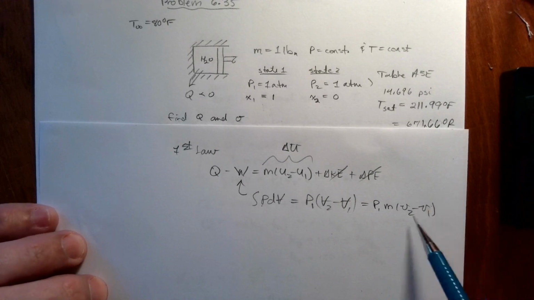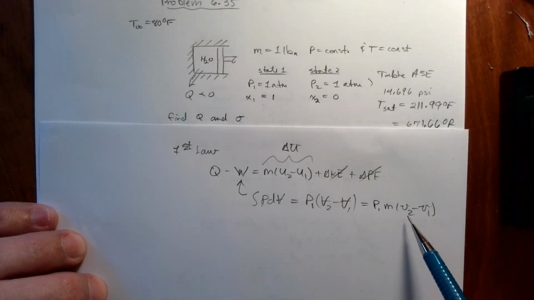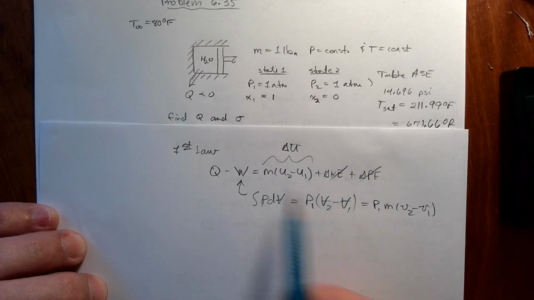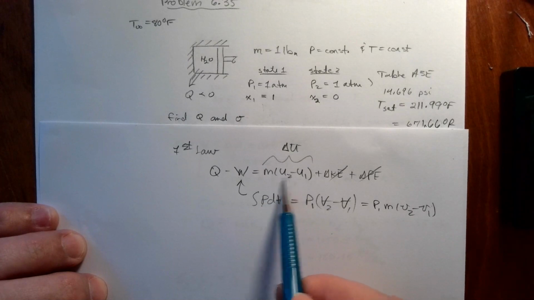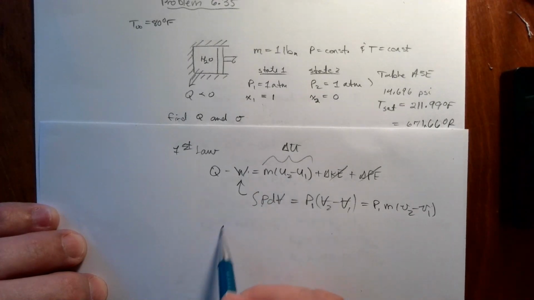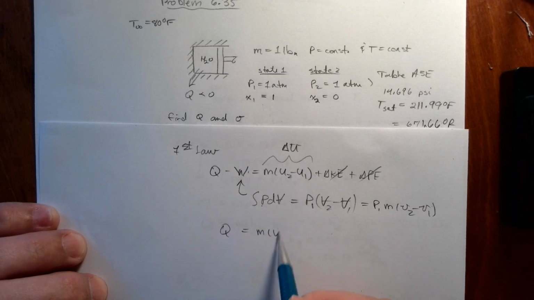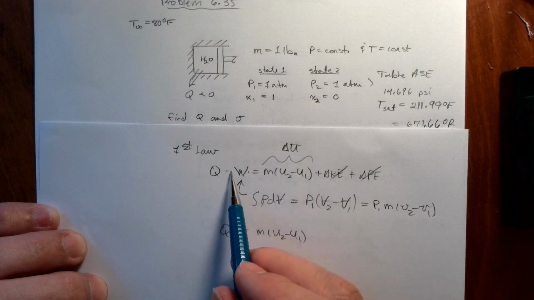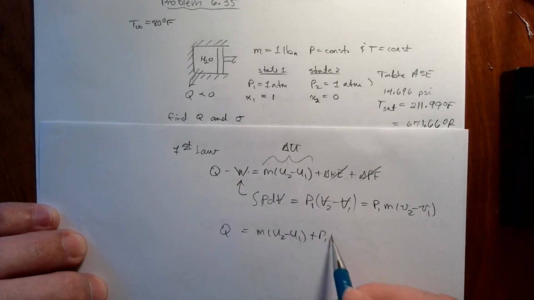And so if you remember, we worked one example with a constant pressure process in which we took this term over to the other side and combined the work with the U term. So let's do that. I'm going to substitute this in and take that to the other side. We're left with Q is equal to M(U2 minus U1). That's a minus here, it goes to the other side, it becomes plus. So plus P1 M